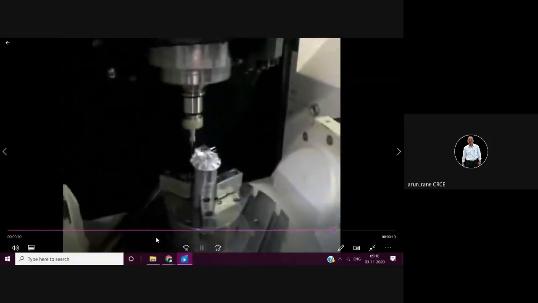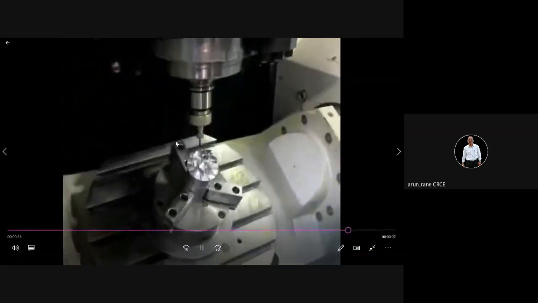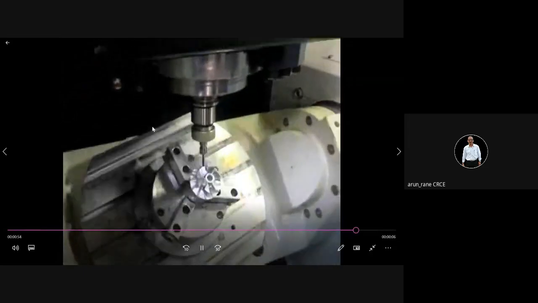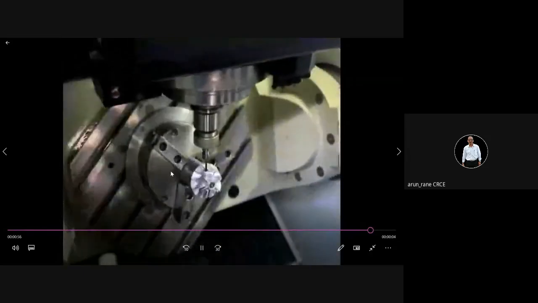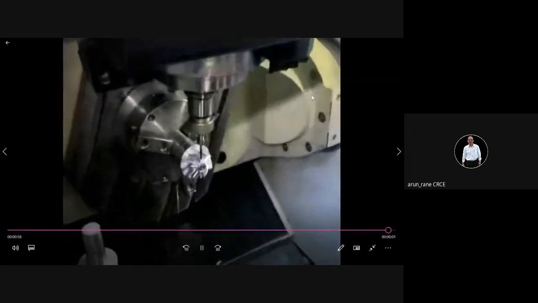See, now this is one axis, and in this plane here also it is rotating, so that is another axis. Here also it is rotating, and this rotatable is also rotating. So this is the fourth axis, and this rotatable is the fifth axis. And X, Y, Z, these are your normal axes.